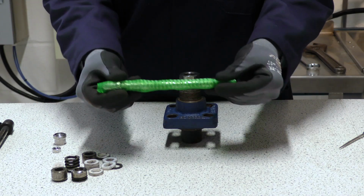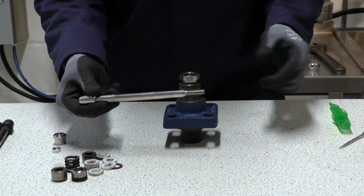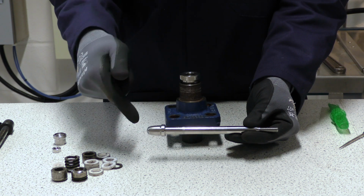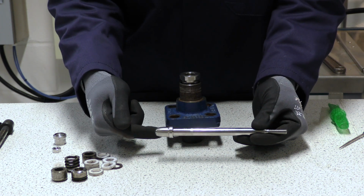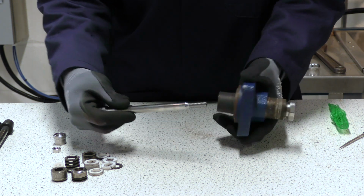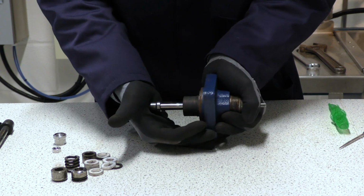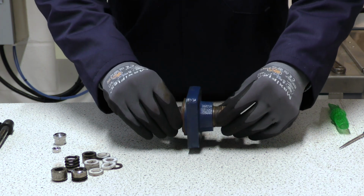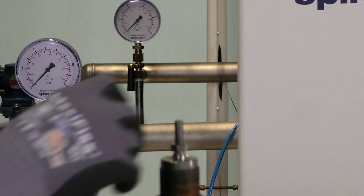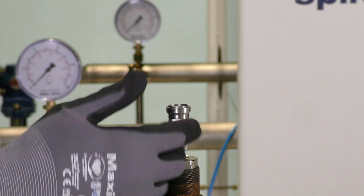Finally, we can insert the new plug into the bonnet before taking it back to the valve. As before, just check the condition of the new parts, especially around the sealing face here, for any damage or scratches. And we can now insert that back into the bonnet. Put the valve adapter back onto the stem,